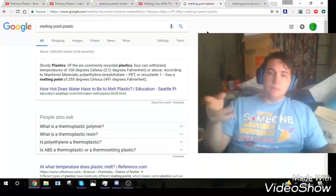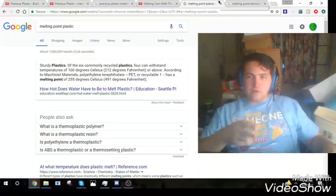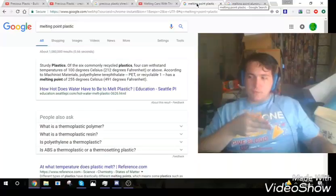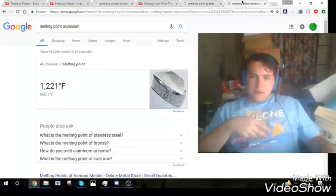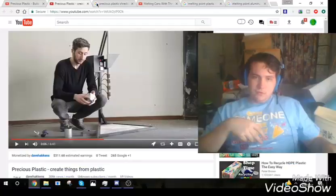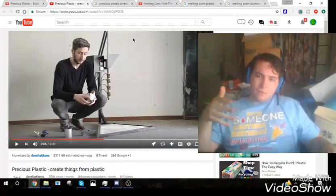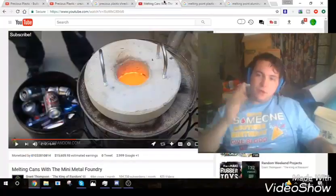Now, aluminum? Not so much. You'll have to take a really hot oven in order to melt aluminum. So, this puts into perspective just how easy it is to melt plastic compared to aluminum. And you can see that mathematically it is ridiculous, the difference between the two of them. So, precious plastic might not even need that electric furnace, but just in case it does, you're able to melt it with that furnace, and even if you don't, you're still